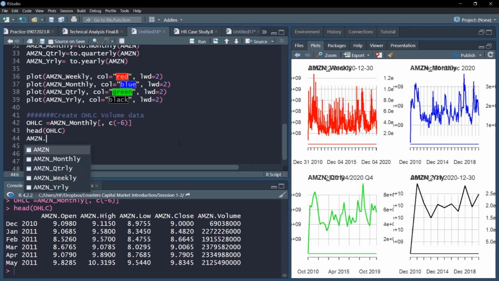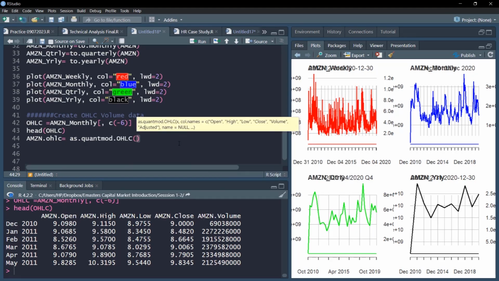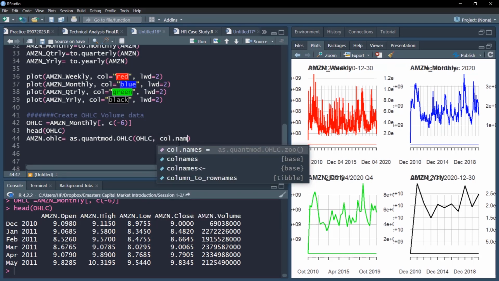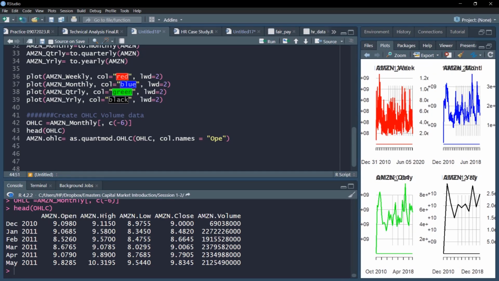What I'll do is I will use this as.quantmod.OHLC command to convert data into OHLC. I'll supply the OHLC price series here. I'll give the column names as I wish, maybe open, so I'll adjust the width a little bit, so open.